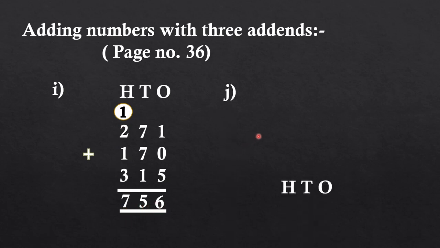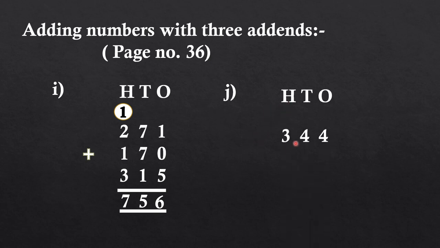Now in J part, again we have to add 3 numbers, that is 344, 143 and 201. So we will add, start from our ones place. So here at ones place you can see we have 3 digits, 4, 3 and 1. So keep 4 in your mind and 3 on your finger. So let's start counting after 4. 5, 6, 7. Now जब हमने इन दोनों numbers को add किया तो हमारे पास 7 आ गया बेटा.